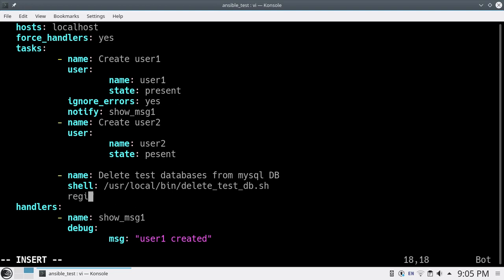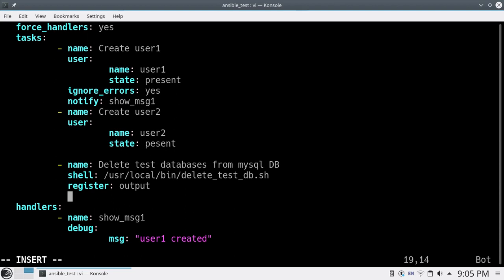So what you do is register your output in a variable, and then you use failed_when. Suppose you may get an error like permission denied, so you put output.stderr. This is the output variable, and there you have a field called stderr, standard error.